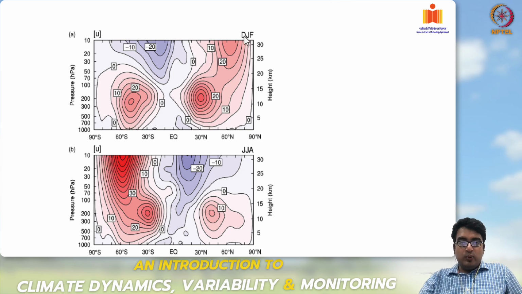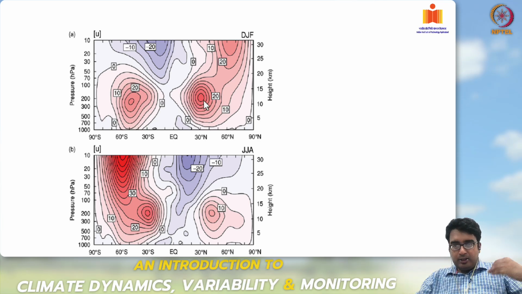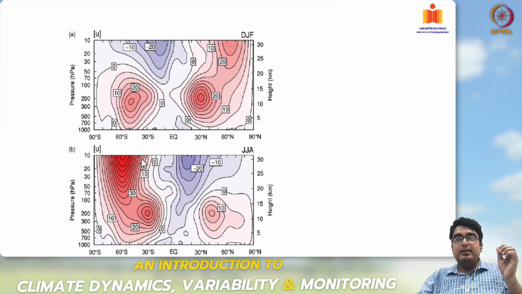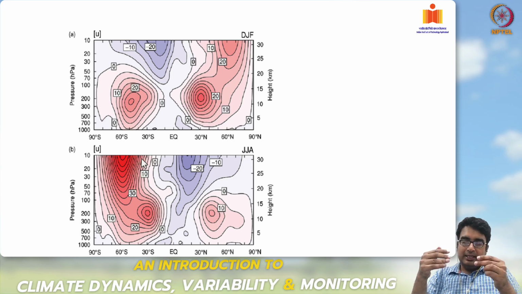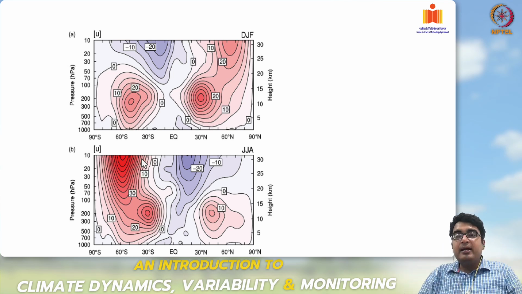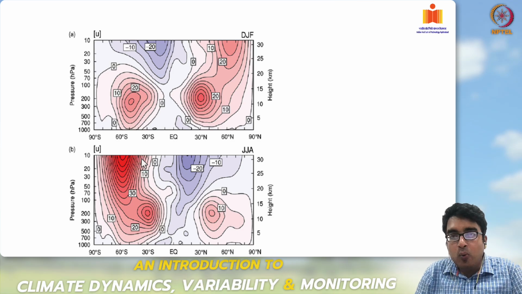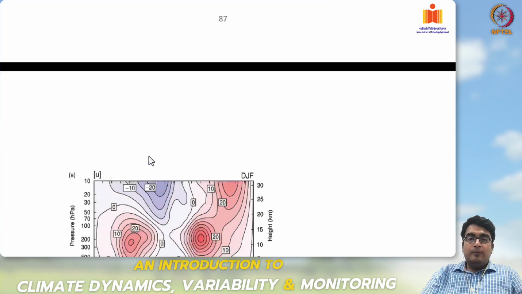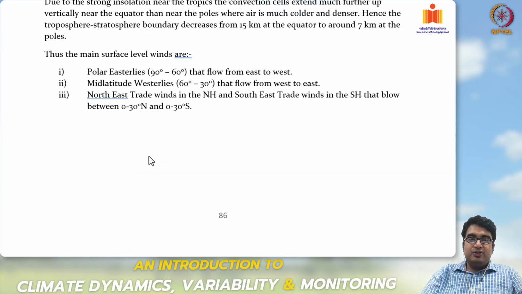So, because this is winter and this is summer, the locations where the strongest westerlies exist shift. The mean region where we have very strong westerlies near the tropopause is at the subtropical high pressure zone. Why? If you look back again at the Ferrel cell structure,